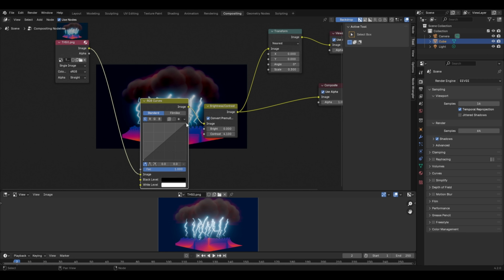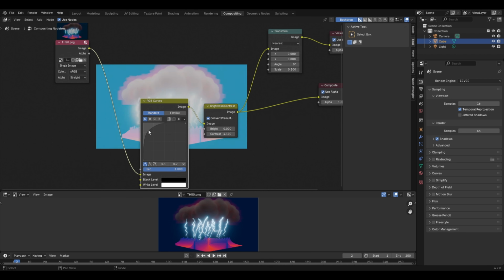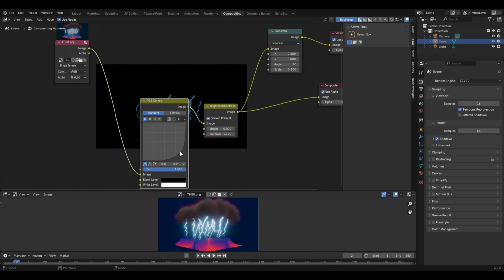Similarly, if I select this pointer at the top which is controlling the white pixels and bring it down like this, then in this case the brightness level of the white pixels will begin to reduce, and if I move it upwards, then the brightness of the white pixels will be increased. So you can use the RGB curves node in order to control the brightness of the image, whether you want to increase it or if you want to reduce it. So you can use the RGB curves node for this.